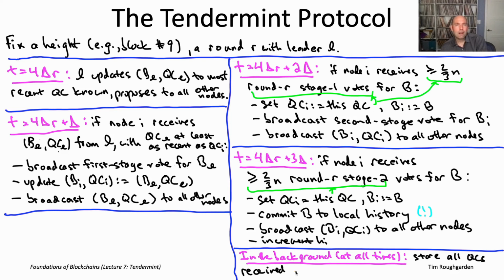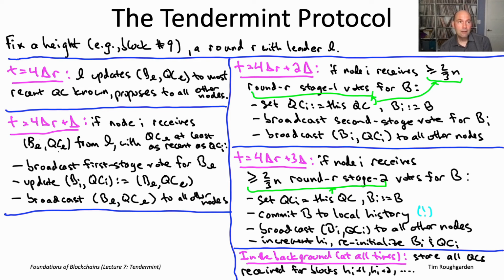Now, if you hear about messages concerning future blocks, like block number 11, you'll definitely ignore some of those messages. But if ever anyone is passing around a quorum certificate for some block, for some round and some stage, for block number 11, you're going to go ahead and keep those in your back pocket. You're going to remember those for when you yourself catch up to, in this case, block number 11. So honest nodes store quorum certificates they hear about for future blocks, for future use. What is that future use? When might they dip into their back pocket? There's going to be 2 places in the pseudocode. One's already on the slide, actually. The other one I still have to write down.